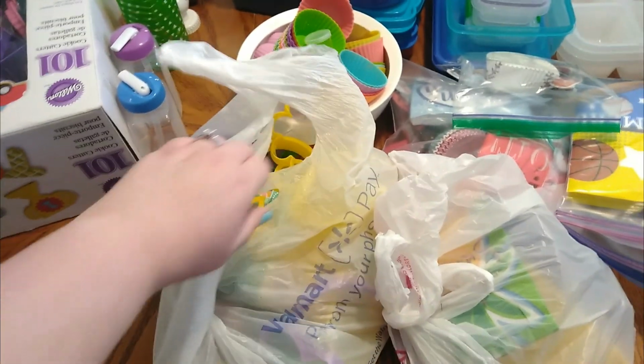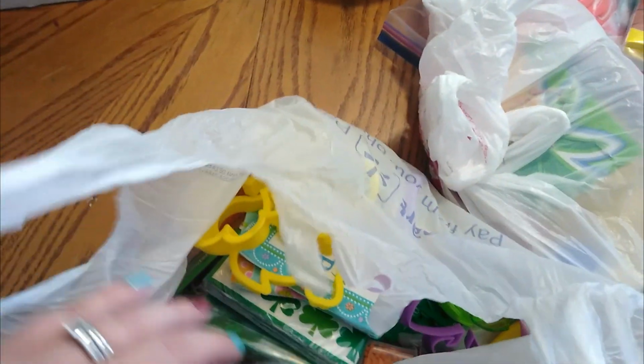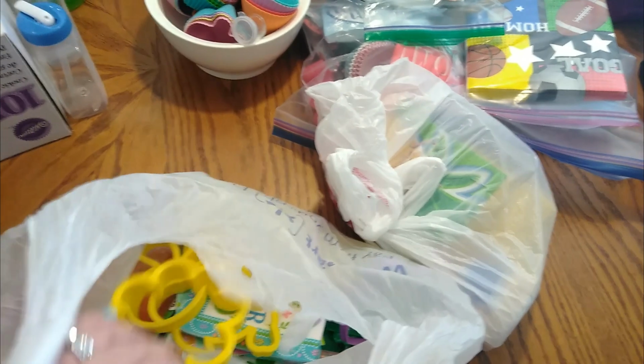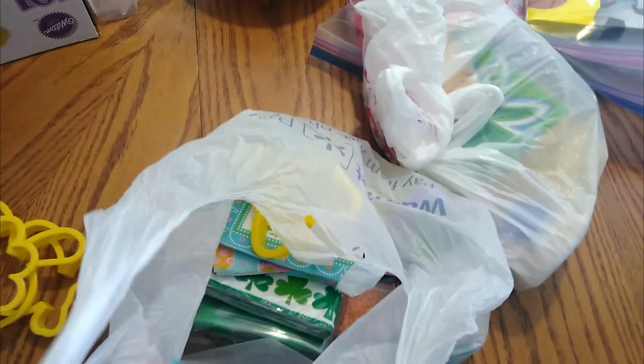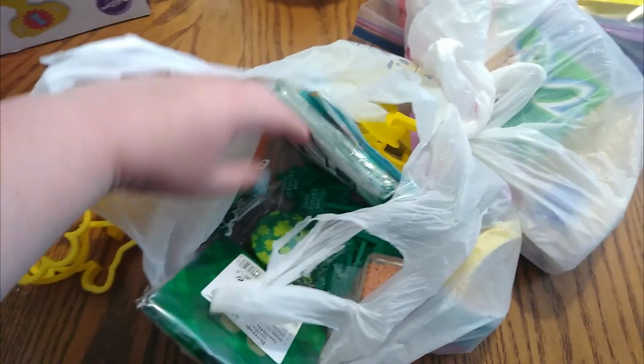On the other side of the table, I have more cutouts. This is kind of like my seasonal bag. I also need to come up with a different storage solution for all of this, and that's in the works. But I just got different Easter shaped things. This holds all of the napkins that I had got that I haven't quite used yet,